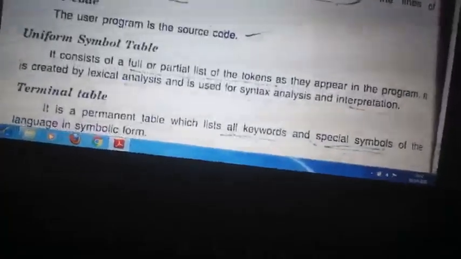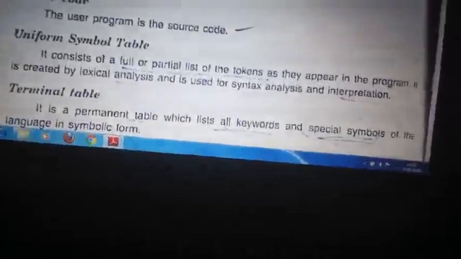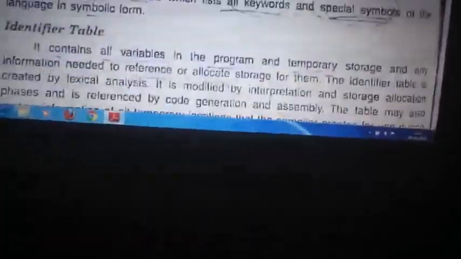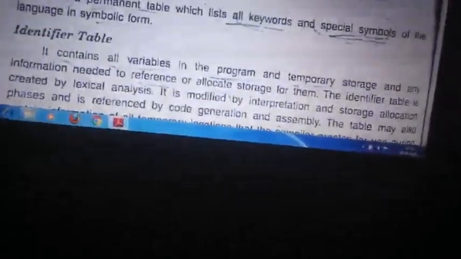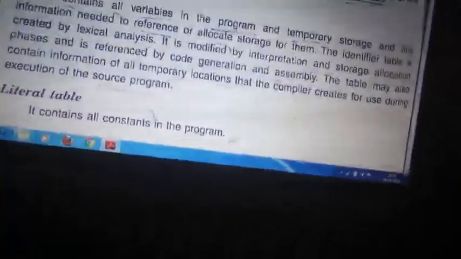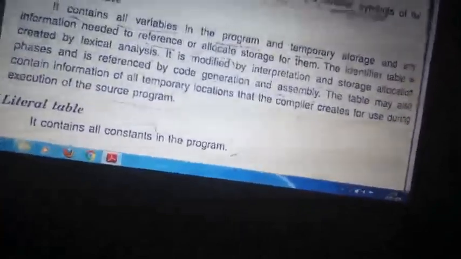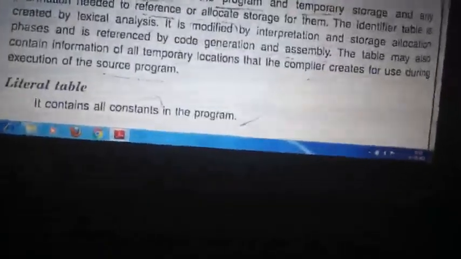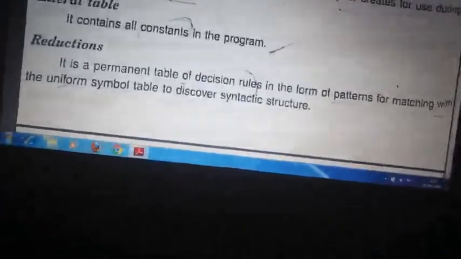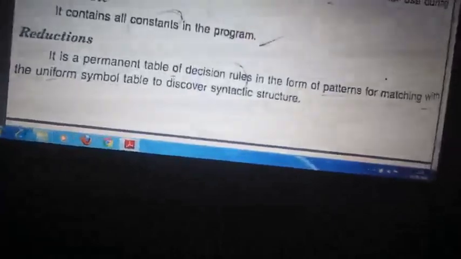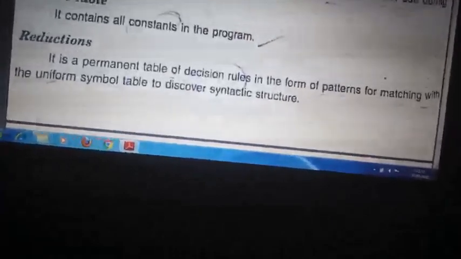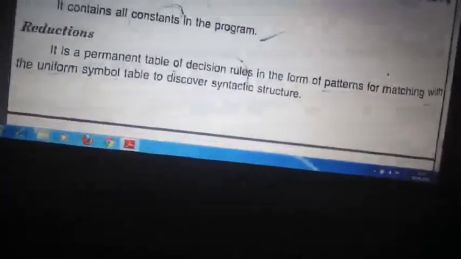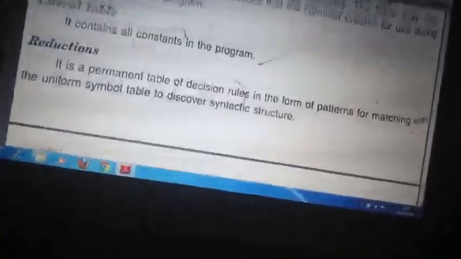Terminal table: all the terminals, that is special characters like semicolon, open bracket, close bracket, are called terminal tables. Identifier table stores all the variables used in a program during the lexical phase. Literal table is also generated during the lexical phase, and contains all the program literals or constants. Reduction is a rule used by the syntax phase to analyze the syntax and interpret the meaning.